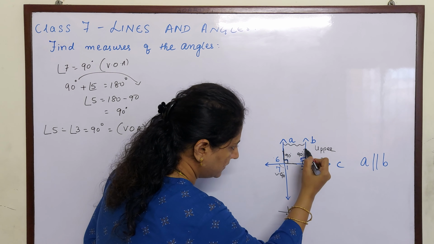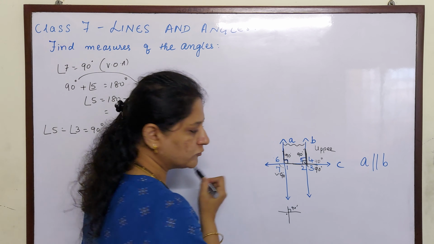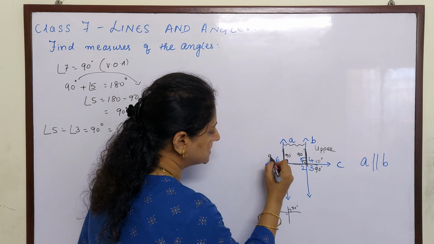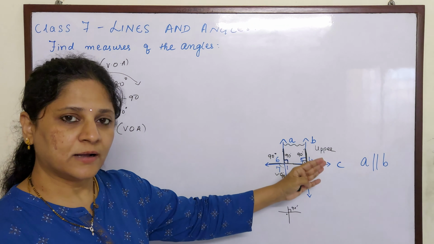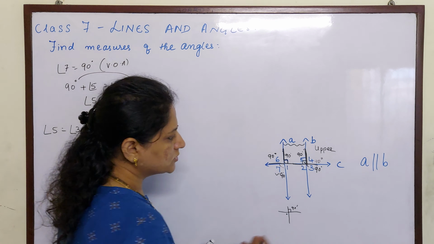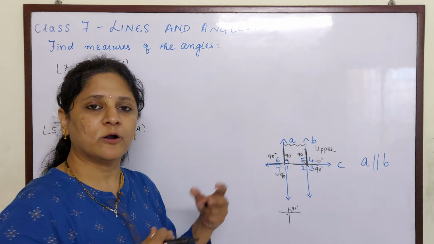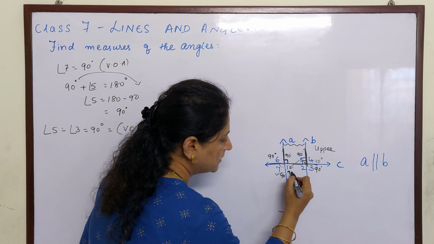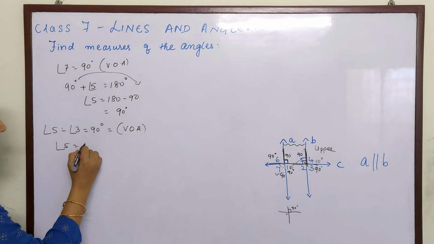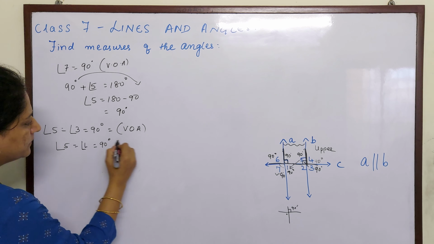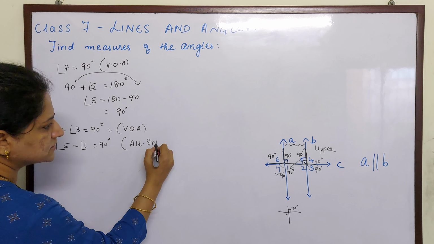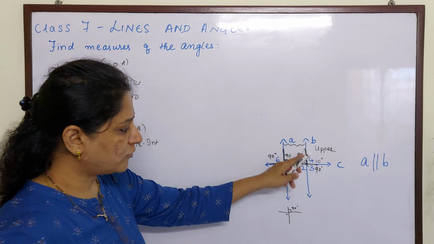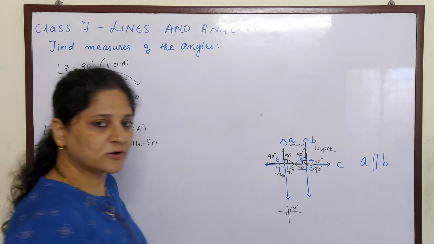Why? See the pattern children. Standing line going towards your left. Standing line going towards your left. These are all on the upper side of the transversal, and so they look alike, and they are corresponding angles. So in this way, if you solve using alternate interior angles, now if this is 90, crisscross, angle 1 is also 90. So angle 5 is equal to angle 1 equal to 90 degrees, because alternate interior angles are lying between these two lines, but one is on the upper side, one is on the lower side, and they are forming a crisscross. This is 90, so this will also be 90.